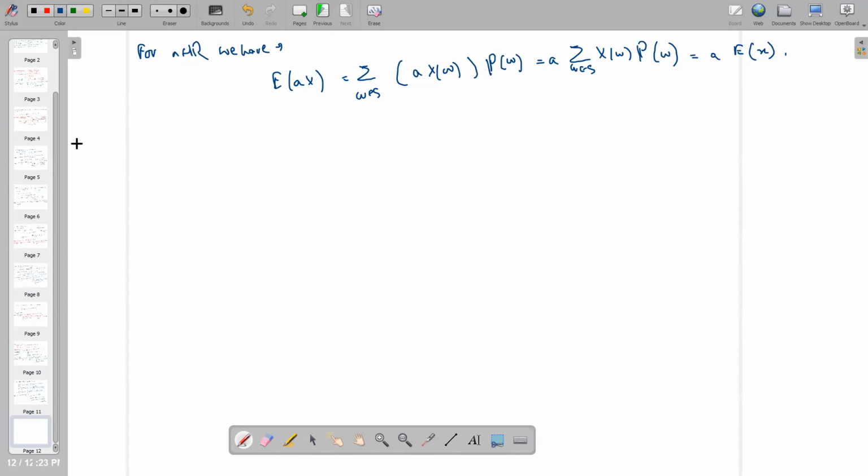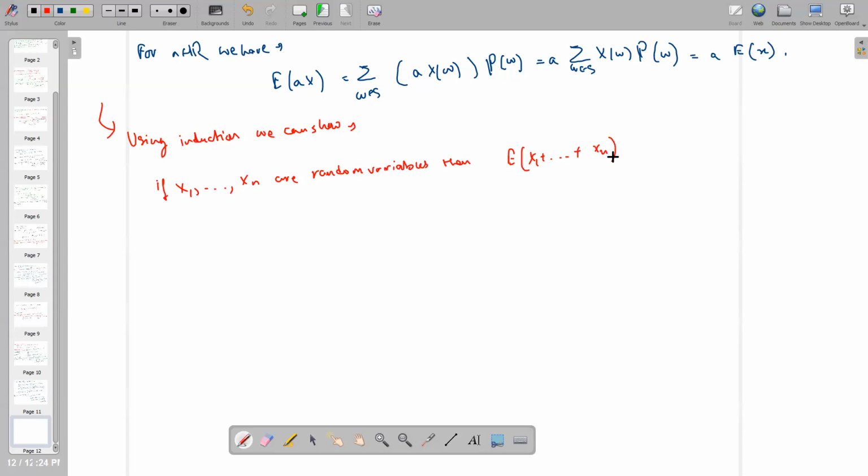So, using induction on n, we can show that if x1 to xn are random variables, then expectation of